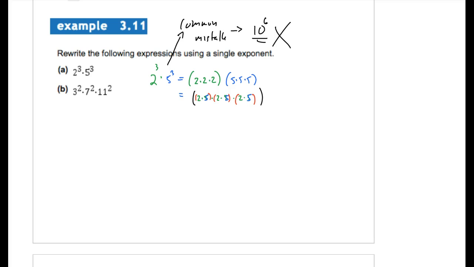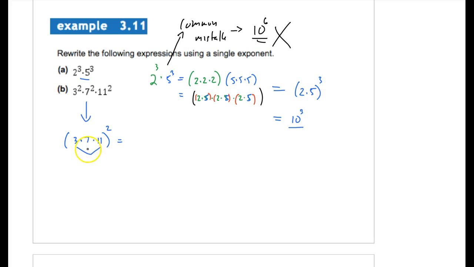So if you're creative and you're thinking about what this is, this is just going to be equal to 2 times 5 to the power of 3, which equals 10 to the power of 3. If you look at that carefully, you can see how this can be rewritten this way. I see it has the same exponent. Really, the shortcut is that I can rewrite it this way as a power of 2, and then you end up with